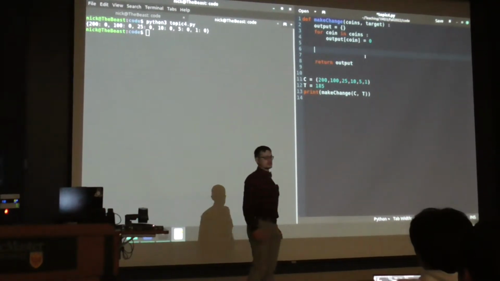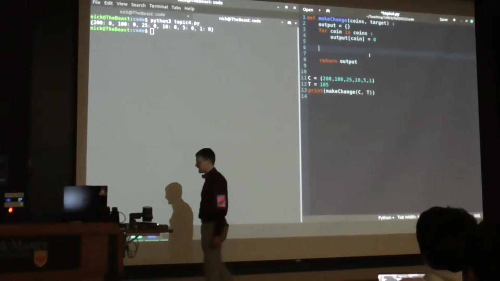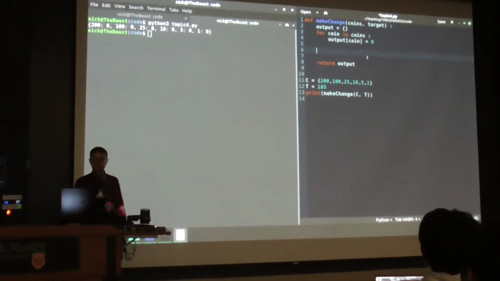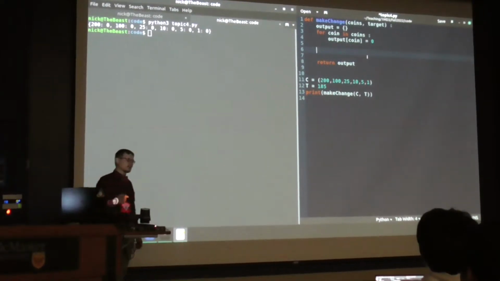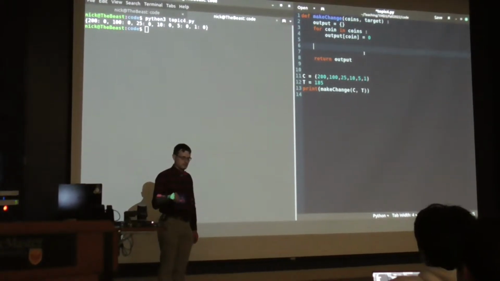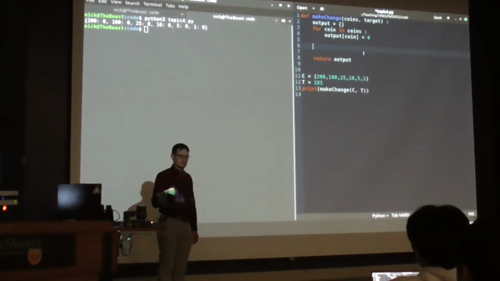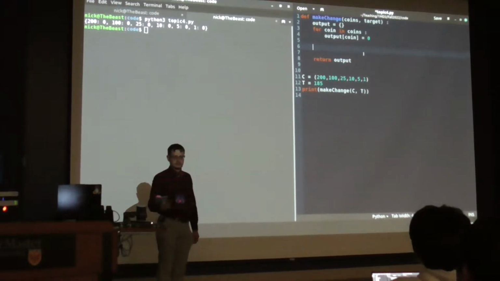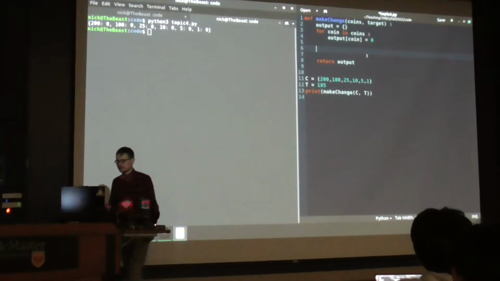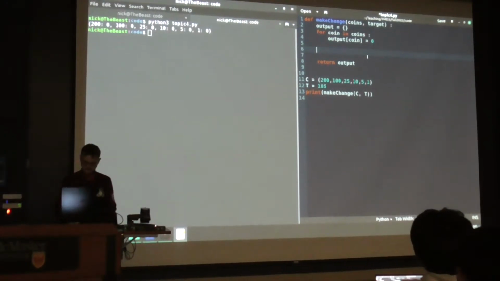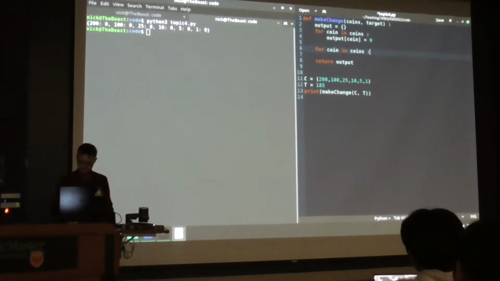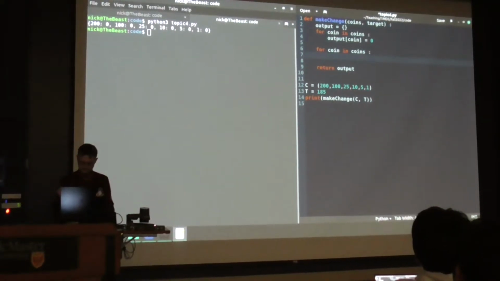So, one logical approach to try to minimize the number of coins is to start off with the largest denomination, see how many will fit inside of the target amount, make that the number of coins, and then subtract that much from the target, and then move on to the next denomination. Fairly straightforward. So let's do that. For coin in coins,